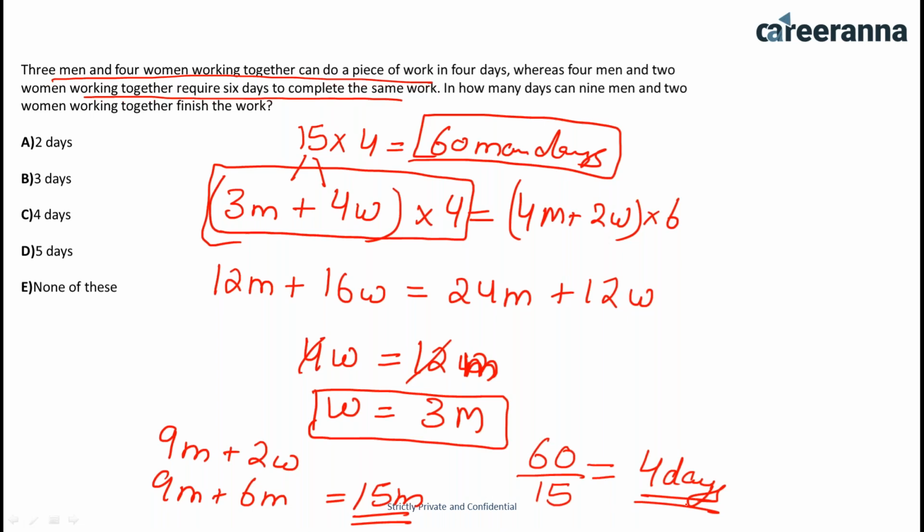Sometimes they also give us that this number of children are also doing the work for this number of days. With the help of these equations, you can find out the total work. For that, you have to find out the ratio, and then you can easily solve this. As you see in this question, 2 conditions are already given, so that's why we calculated the ratio, and then we used women and converted all the women into men. Okay, because the efficiency of women to men is 3:1.